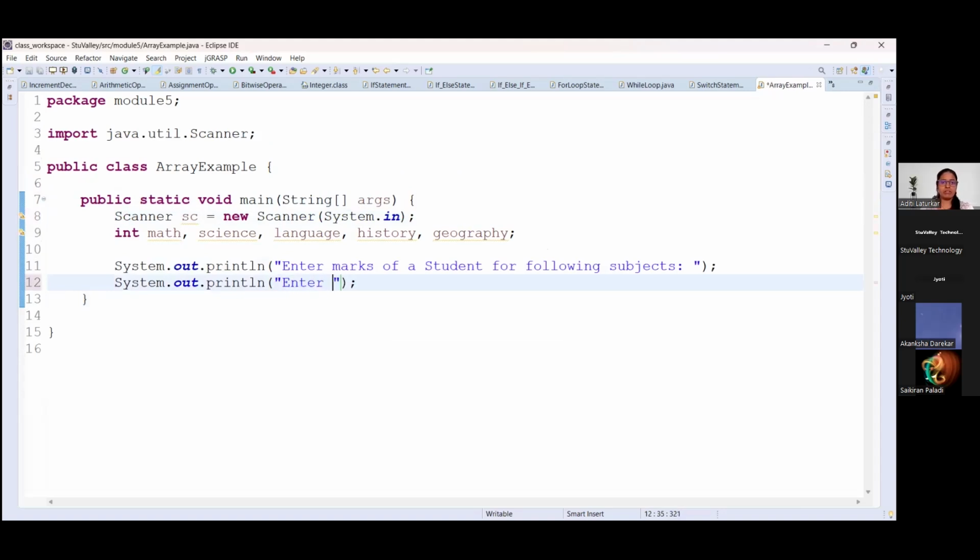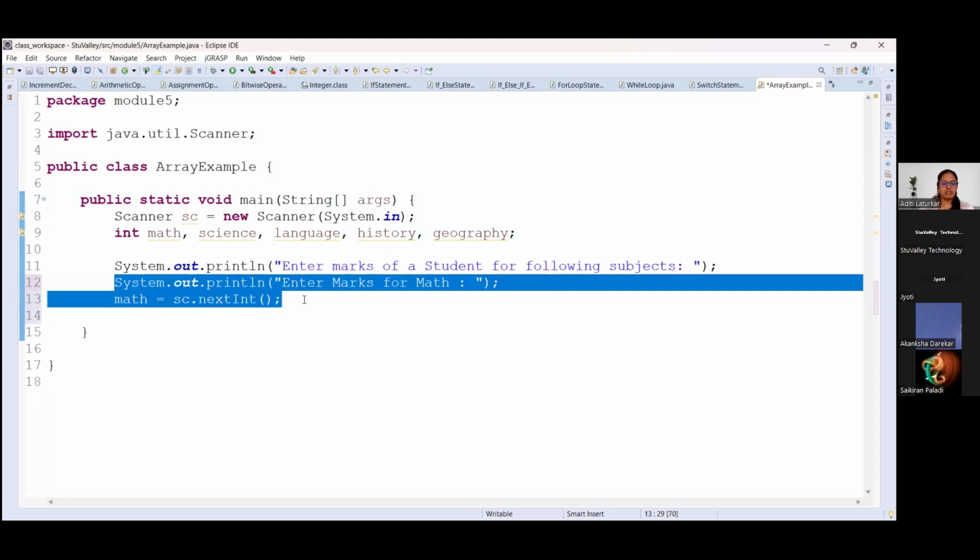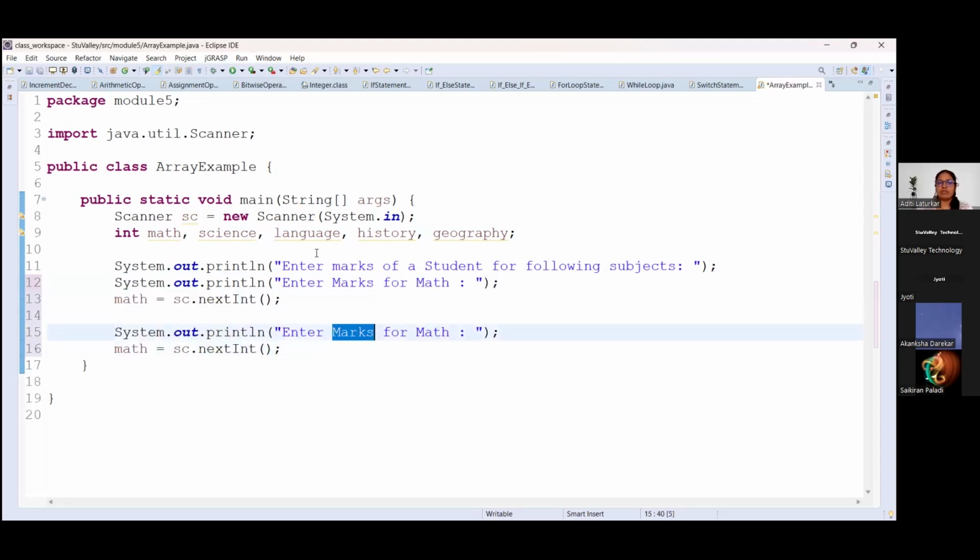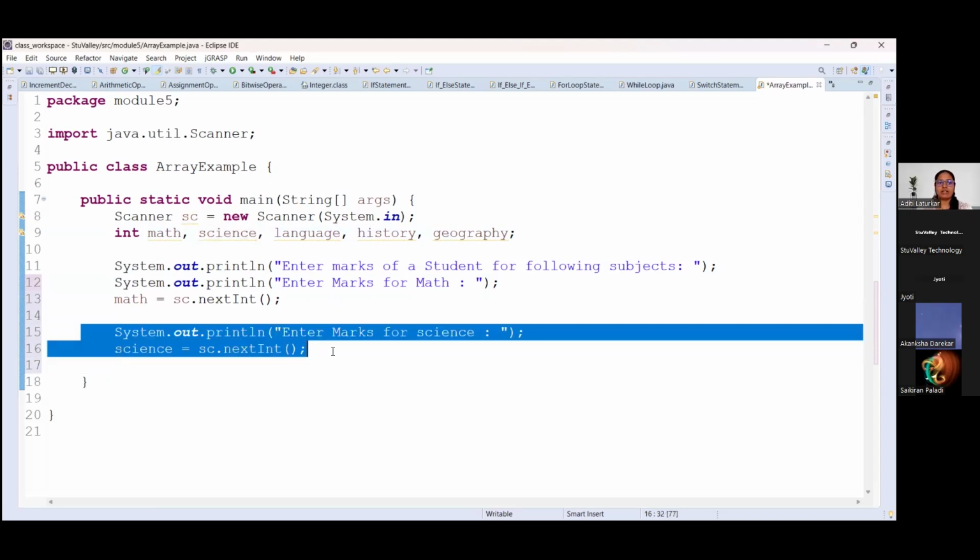We will ask the user to enter marks for math, and I am going to store that into the math variable. That will be integer type of data. We have declared the integer data type, that's why we will take the input as integer, using the sc.nextInt method. We will read the value. Similarly, we will read other values also, 5 subjects I have mentioned here. So enter marks for science, we will read it into the science variable. Then enter marks for